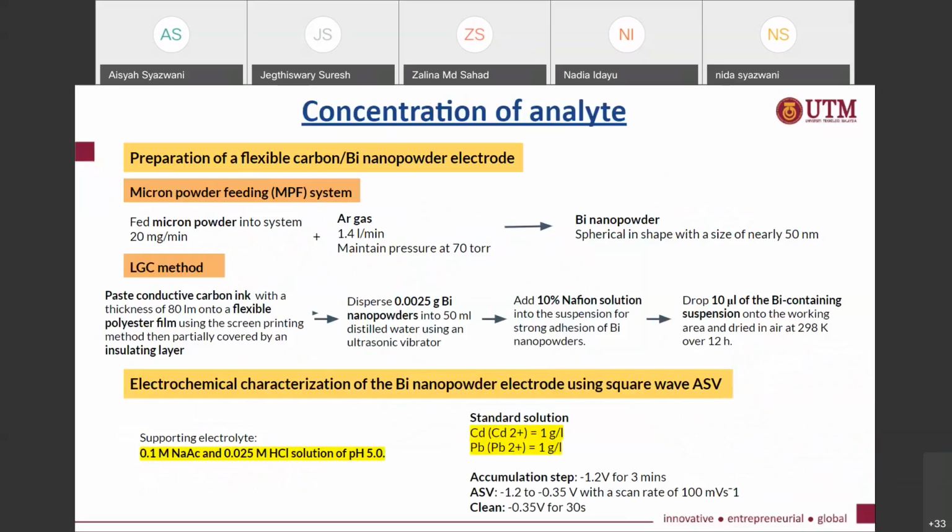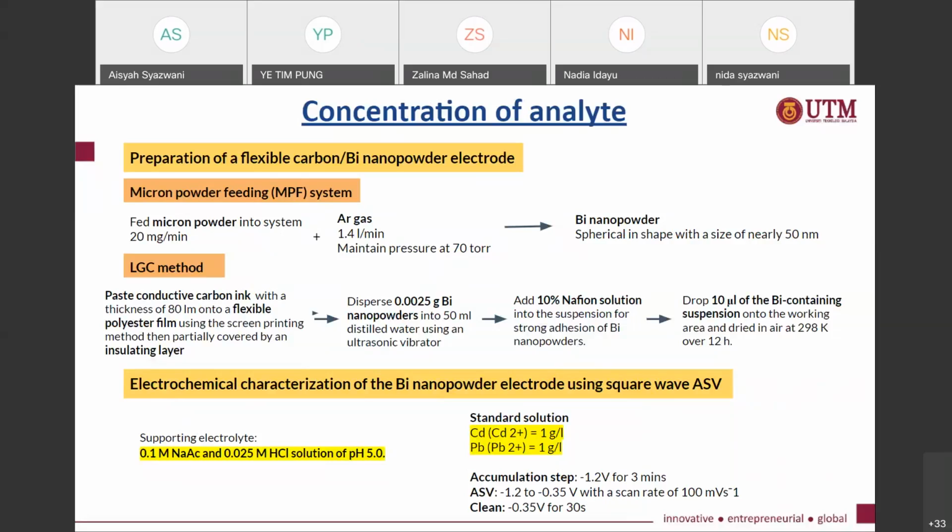Okay, so the Bi nanopowder is actually generated by LGC method using the micron powder feeding system. The micron powder feeding system uses micron powder added with a gas, and it was shown that the Bi nanopowder is in a spherical shape with size nearly 50 nanometer. Then we paste the conductive carbon ink onto a flexible polyester film and cover it with an insulating layer. And then we disperse